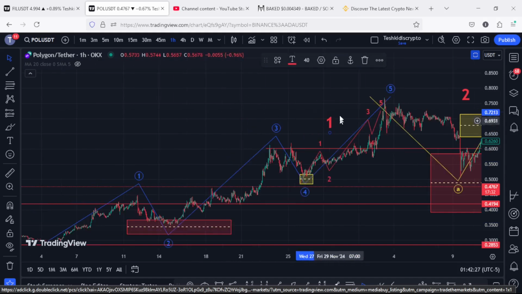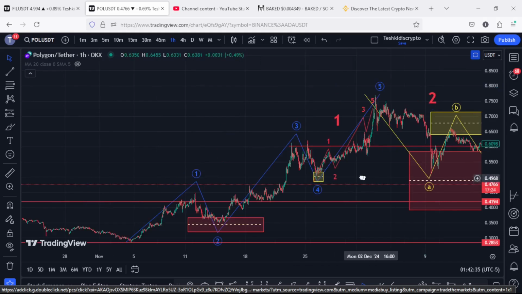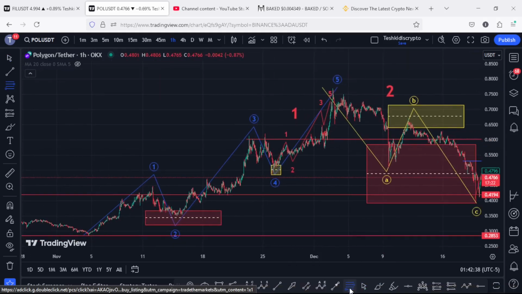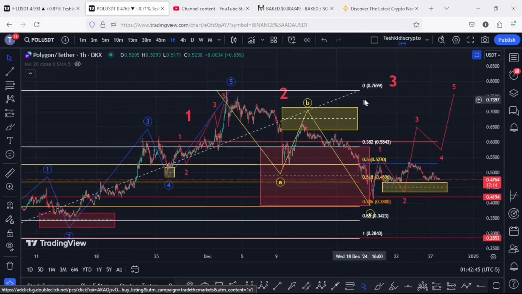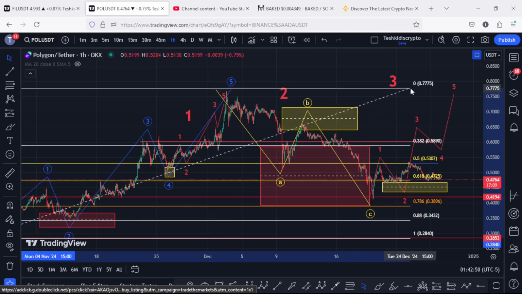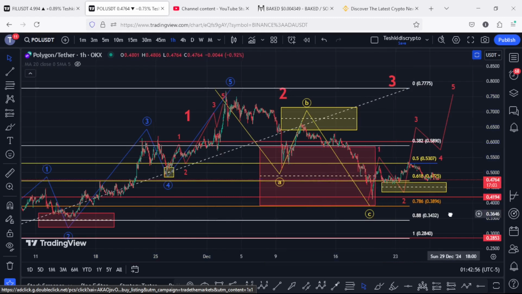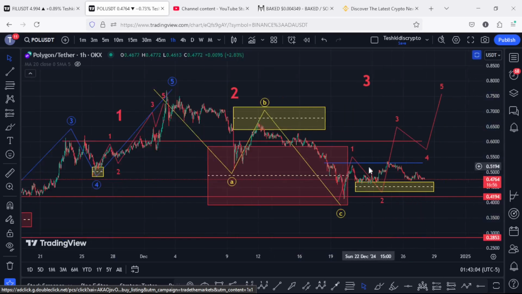And having seen the formation of that first wave, I expected a bit of a breakdown move in the formation of a larger additive count 2, whose minimum target areas I came up with by connecting the fibs from the low of the first wave to the high of this wave 1, giving me a minimum pullback target area between the fib level 0.382 and the fib level 0.786. That is the target area that I have marked on the charts using this red target area, and that is between the 0.589 and the 0.3896,